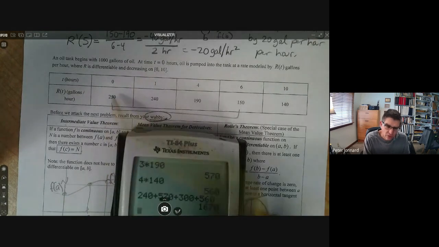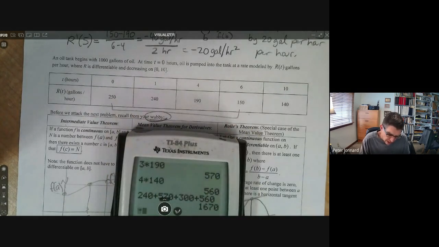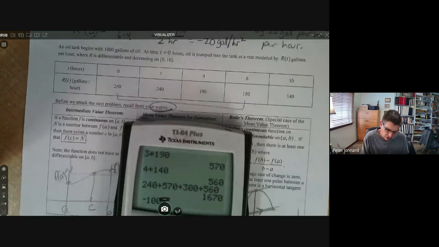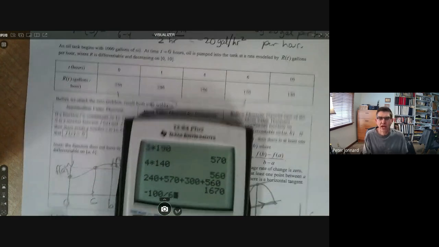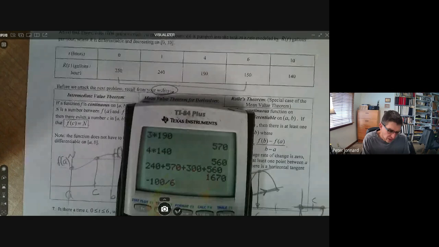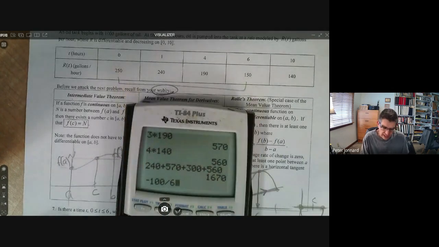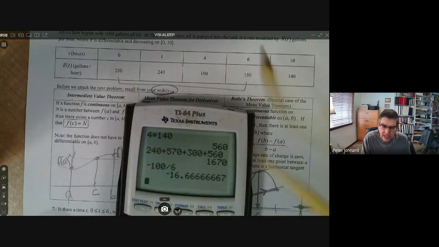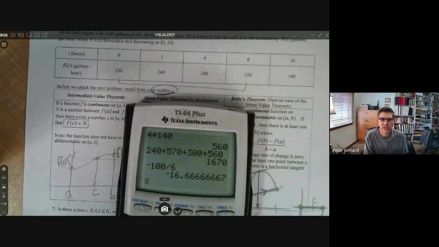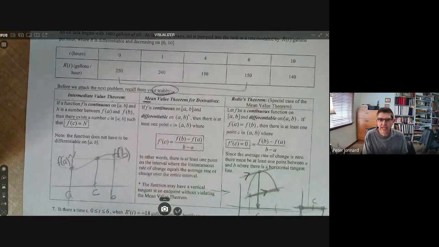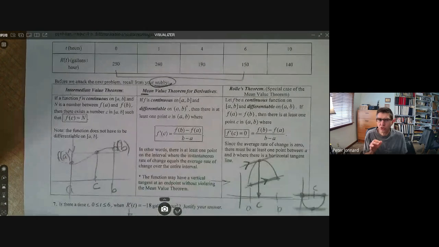And the problem is that you have a rate, it's decreasing by 100, and that is spread out over a 6-hour time interval. So on the interval that they gave us from 0 to 6, I end up with a negative 16.66, which is not exactly 18. And what some students will do is they will jump and say, nope, it doesn't satisfy the mean value theorem. And you're right, it doesn't apply over this entire interval for certain,